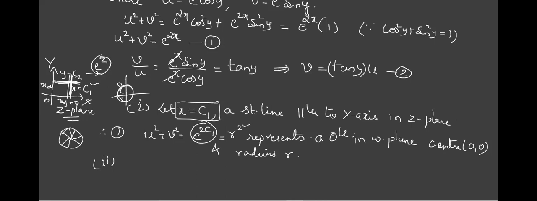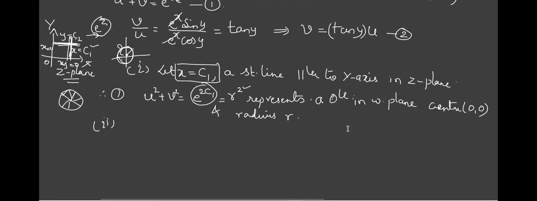Let it be. So u square plus v square equals some r square. Always this represents a circle. The property is that the center is at the origin and the radius is r. Now clear? Okay, else after the class, at least see that PDF, maybe it will be more clear.